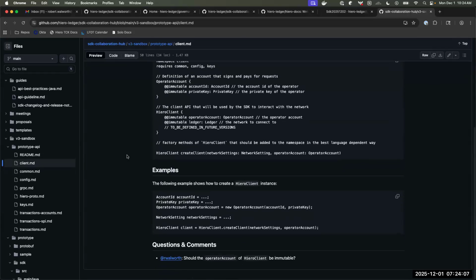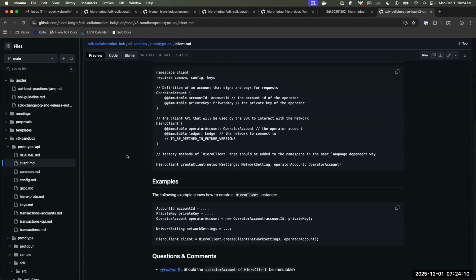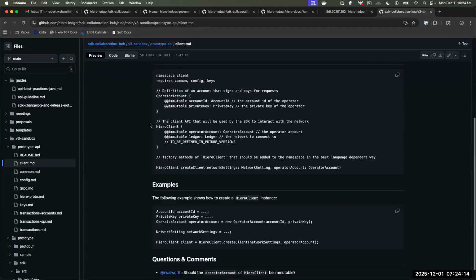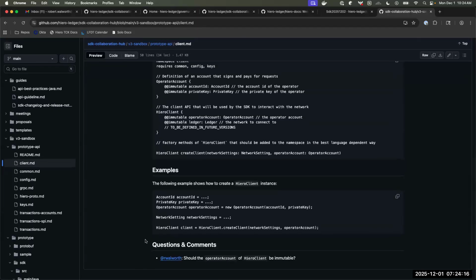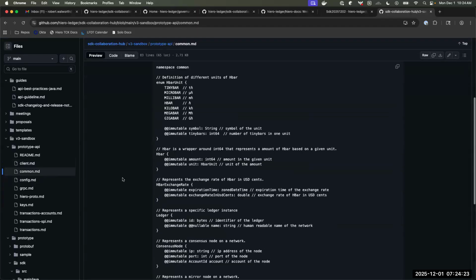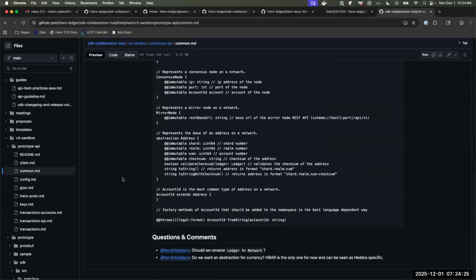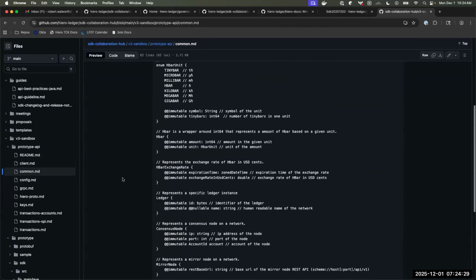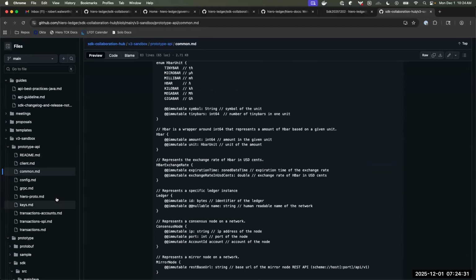As you can see, we've already done a good amount of work here defining what the client looks like, operator, account. We still have some unanswered questions and comments in some of these files. But it's all here, kind of what we're looking at the moment.